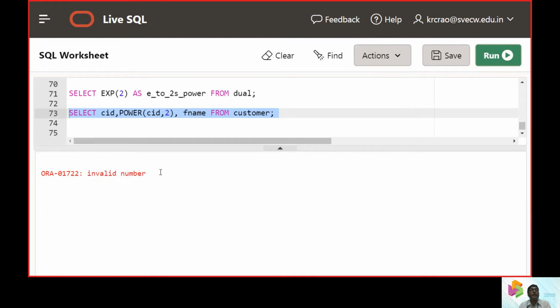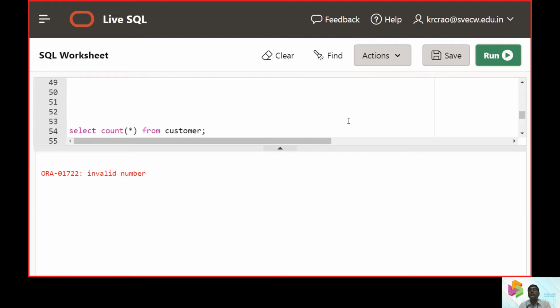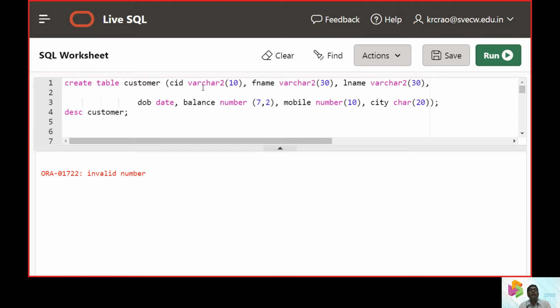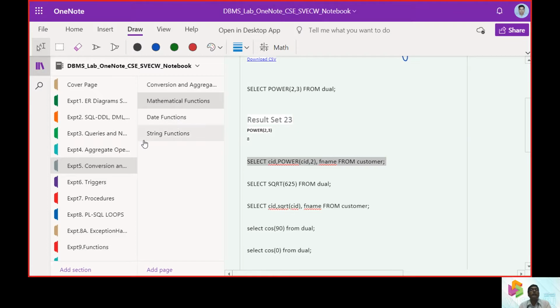Invalid number. The reason was we have some characters, it is a varchar data type, but we didn't look into it. So let us see whether it can be applied for the balance or for the mobile.